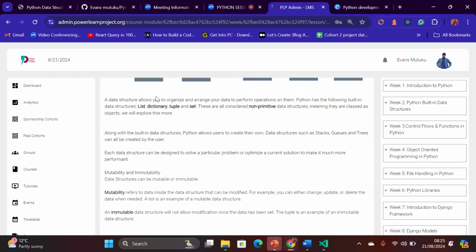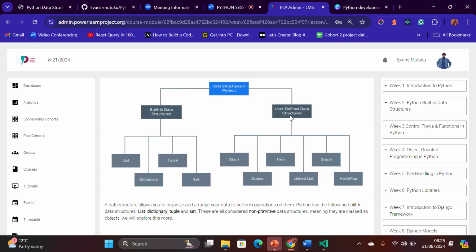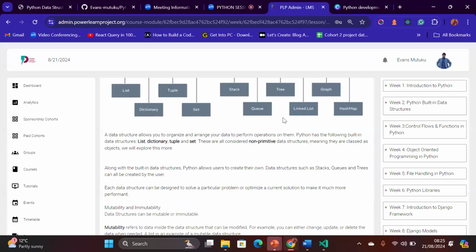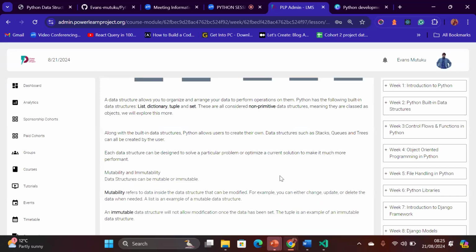So after that, along with the built-in data structures, Python allows users to create their own data structures. These ones have no rules, but you just need to write your own data structures and then work on them on your own. Define them. It is up to you to choose the kind of data you're working on. Do I need to store it in a stack, tree, queue, hash map, graph, or linked list? So this one is user defined. It's up to you to choose depending on the goal that you want to